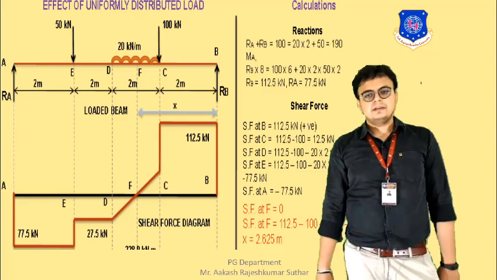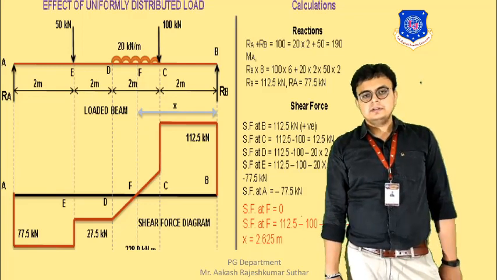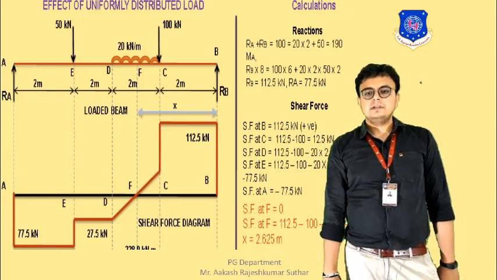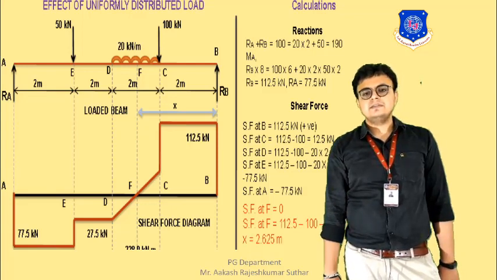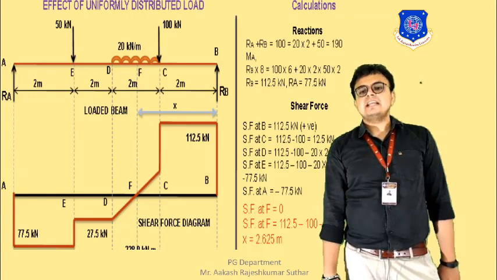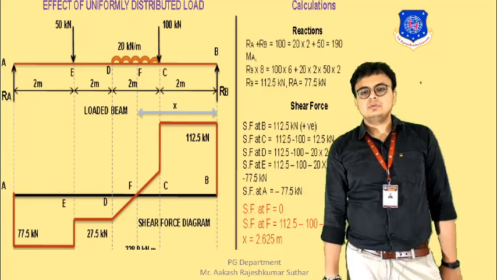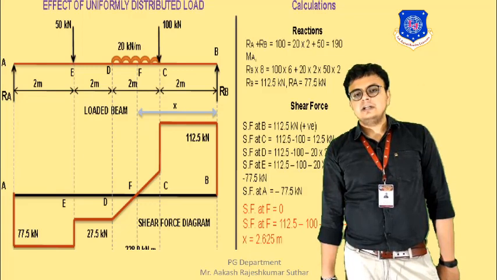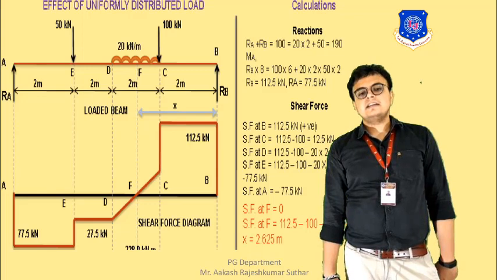So as our step says, we need to find the reactions first of all. Here we can see that Ra plus Rb is equal to 100 plus 20 into 2 plus 50. Ultimately, if we are taking the moment at A,